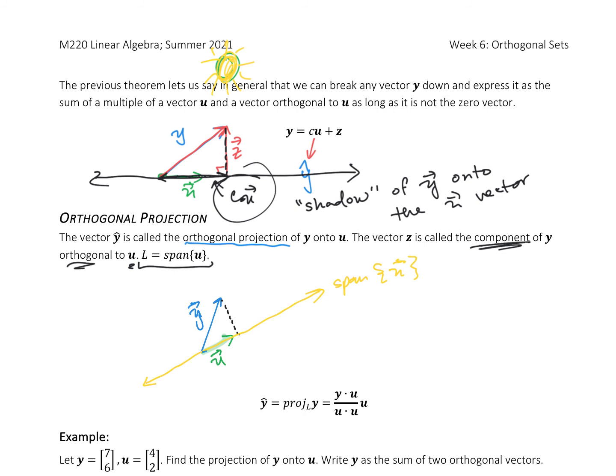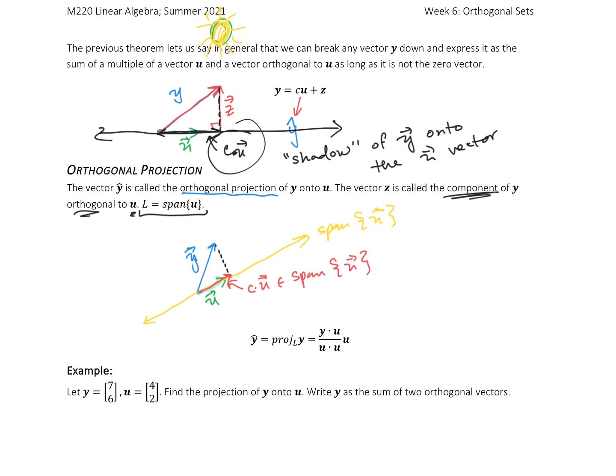So here's my vector, this is c times u, and we know that cu is in the span of u, which means that it's part of that line L. And what we call this is the orthogonal projection of y onto u, or the projection of y onto L, where L is the span of u,